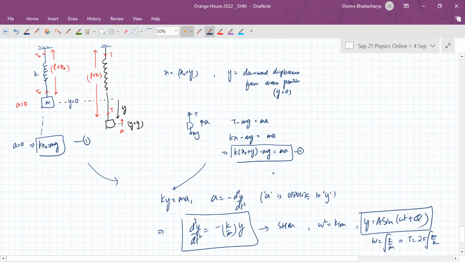So it's the same formula for frequency and time period. The only difference is that in this, what happens is the equilibrium position is not the natural length position of the spring. Okay, it is